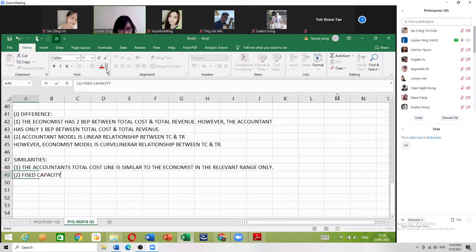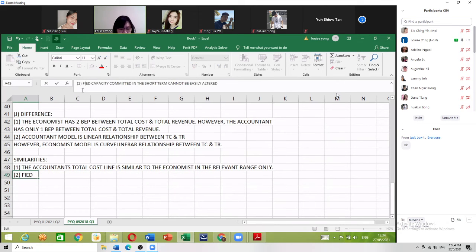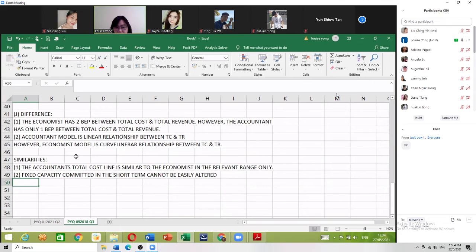Your capacity 没有这么容易更改咯。OK，所以在 short term 里面，你们公司的 production level 啊，capacity 啊，没有这么容易更改。所以不管你是 economics model 或者是 accountants model, right, capacity in the short term here cannot be easily changed, means that 如果当你公司 right 它的 capacity for example